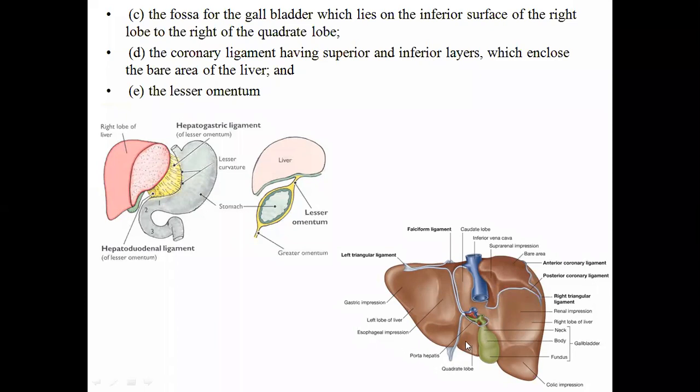And another area is the lesser omentum. What is the lesser omentum? It connects the liver to the stomach. So there is an area of the liver where peritoneum is not covering this part, because it reaches up to the porta hepatis of the liver, then it is reflected. So this area is not covered by peritoneum. Again, from here, the lesser omentum's posterior layer reaches up to the liver and is reflected to the stomach. So this area is again not covered by peritoneum. So that is regarding the next bare area.